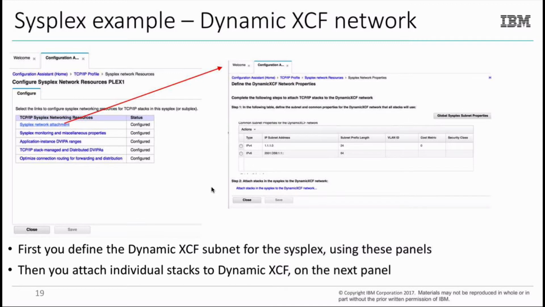For IPv4, the subnet address for dynamic XCF is 1.1.1.0 with a 24-bit prefix length. For IPv6, the subnet prefix for dynamic XCF is 2001:db8:1:1 with a 64-bit length. So that defines the dynamic XCF subnet for the whole Sysplex. And then down below you see a step 2 with a link to attaching stacks to the dynamic XCF network. You click on that link,